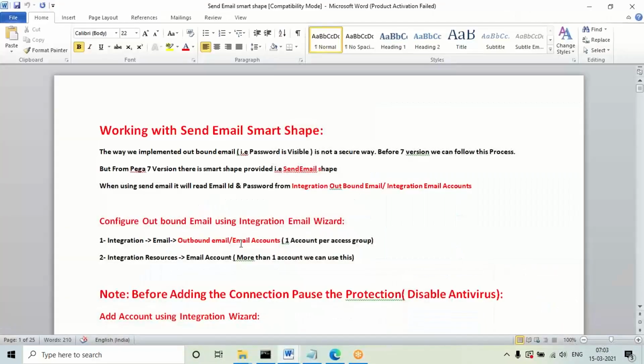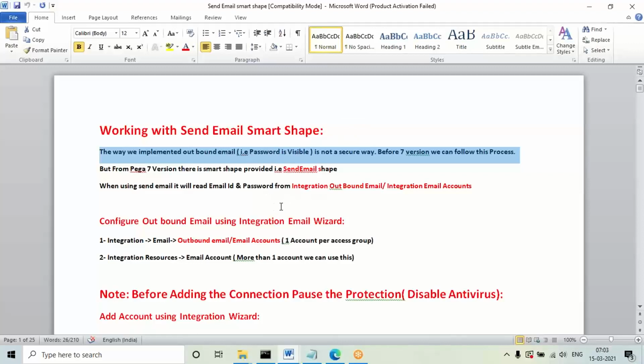So the other way to send the notification is the send email smart shape, and in that, if you want to define any from address configuration, it is through the outbound widget or integration resources. Two options are there, either using the outbound email account widget or using integration resources. Both processes are the same, we can use any one. Previously in DSS the password is visible, but in this scenario the password is secure. Compared to that, this is best practice, introduced from version 7. So this is better than the previous. You can use the previous option also, but in this one the additional advantage is that the password is not visible.